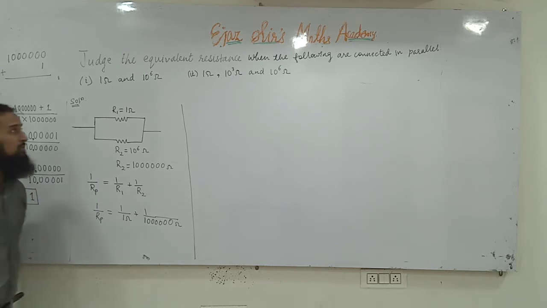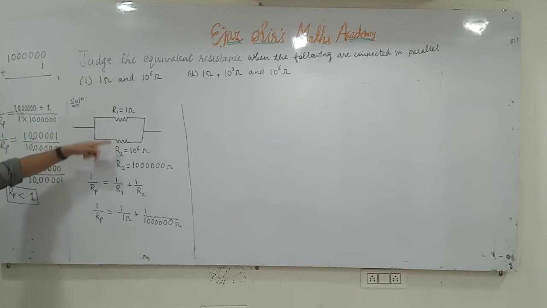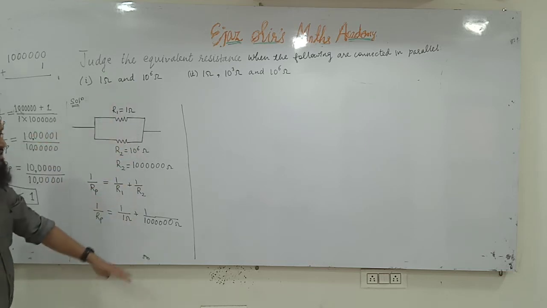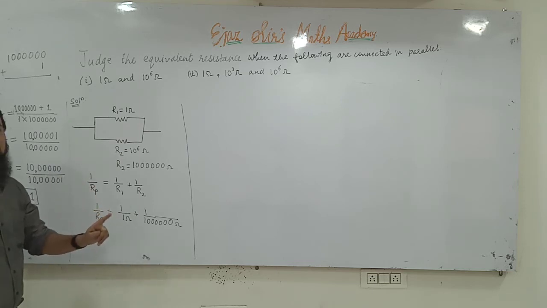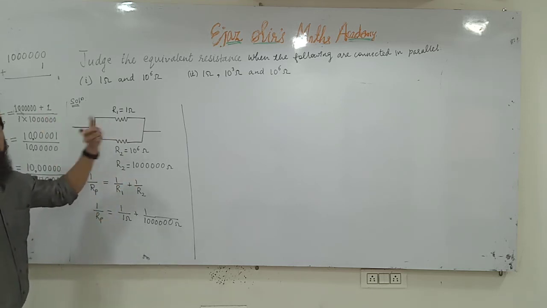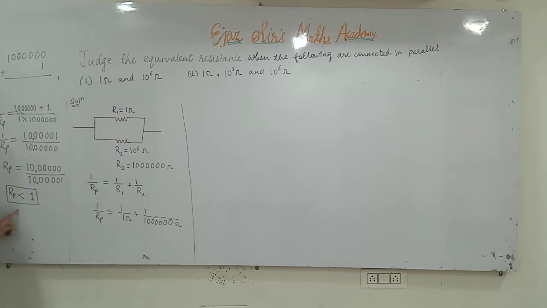And always remember, whenever we connect two resistors in parallel, any two resistors, the resultant resistance is less than the first resistor, and it is always less than the second one also. If there are 10 resistors connected in parallel, the resultant resistance will always be less than each value. So here the smallest value is 1 ohm and the resultant will be less than 1 ohm. Understood? I should put the ohm sign here. This is how we have solved the first question.